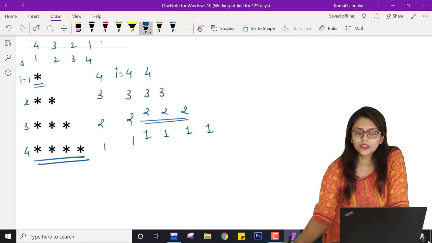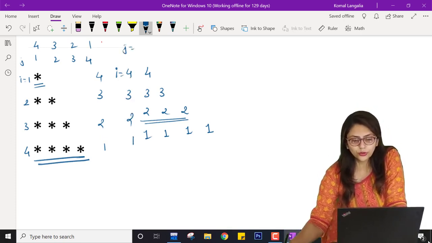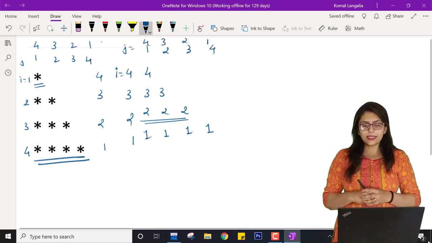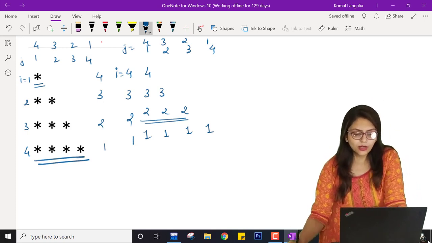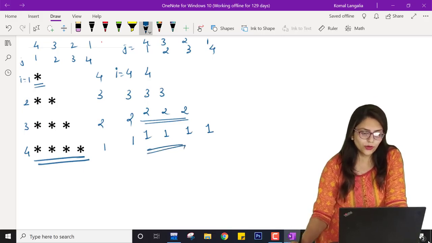And here the value of J doesn't matter because I am not printing the value of J. So either J can be from 1 to 4 or 4 to 1, right? So that is your choice. This is one important concept. So you can perform this practical as a homework program. We have not covered this kind of pattern yet, but you can perform this practical as a homework program, right?